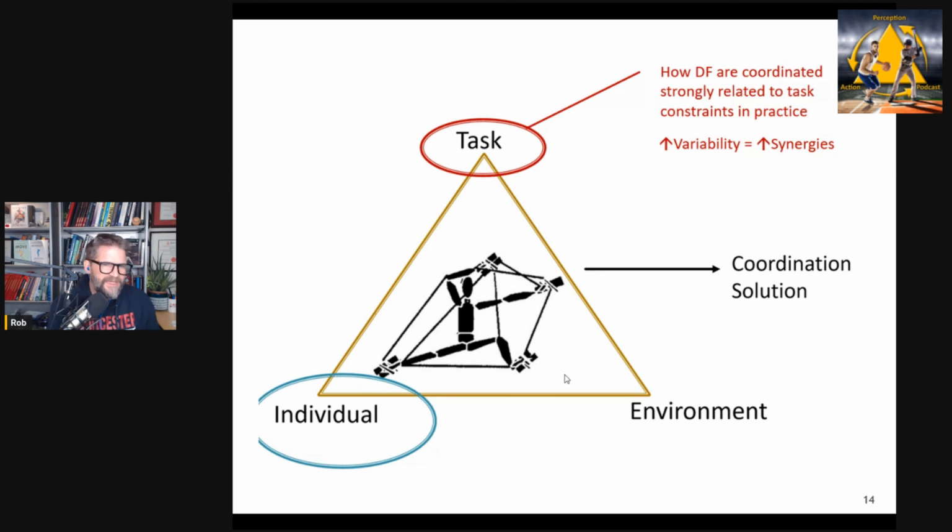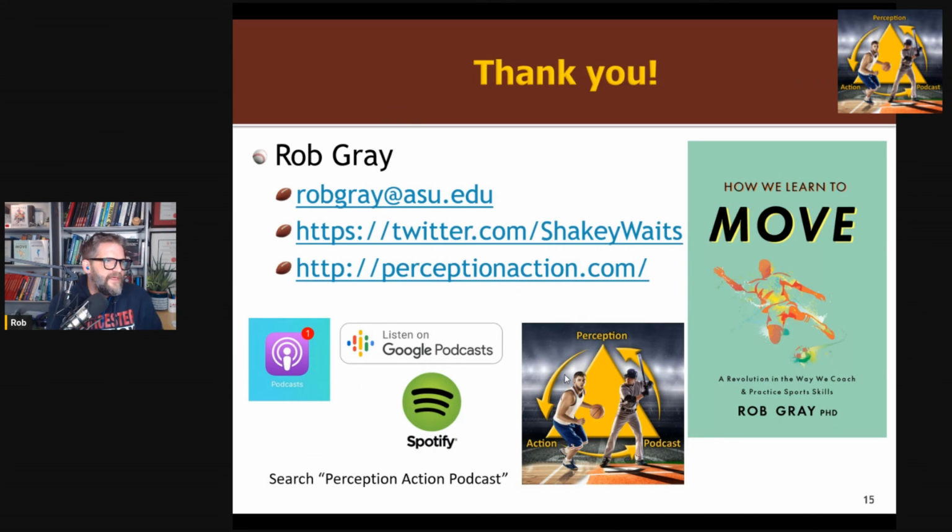Adding more variability to practice creates more synergies, is what I've found in previous studies. Also, they've been shown there. So again, similar finding: your experience shapes how you coordinate your movements. Not surprisingly, right? So again, I think this is a really interesting study. I encourage you to have a look. And if you're interested, as I said, there's a huge literature on joint interpersonal coordination and joint action in the ecological psychology field.